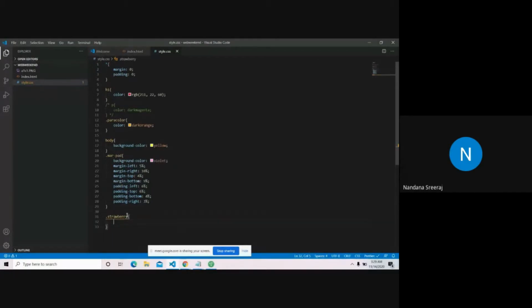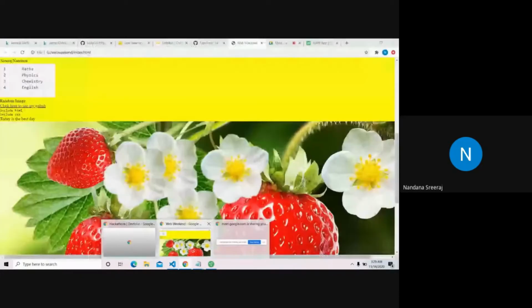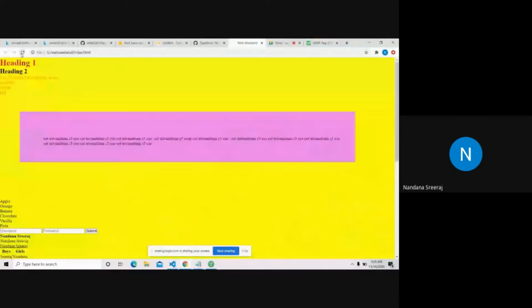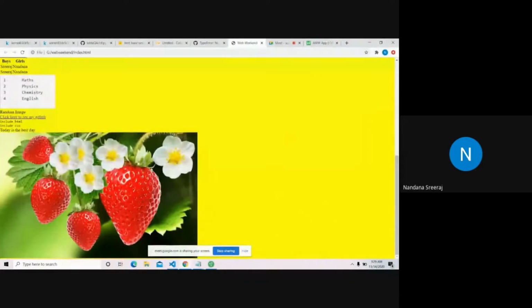And then width. Now we're going to give width. Width is going to be 50%. So what do you see? The width of this image became 50% of the entire width. This is going to be the entire width, like from the top left corner to the top right corner. And now it became 50%. Cool, it's cool to see.